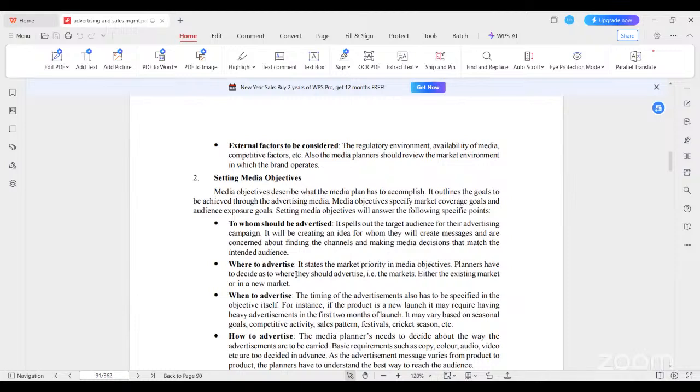So mainly the media objectives will be specified through market coverage goals, reaching market coverage, and also reaching the audience, means audience exposure goals. So setting media objectives will answer many questions. First, to whom should we advertise? I just now told you with the example of Pond's. It spells out the target audience for their advertising campaign. It will be creating an idea for the